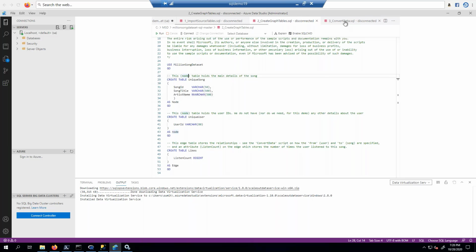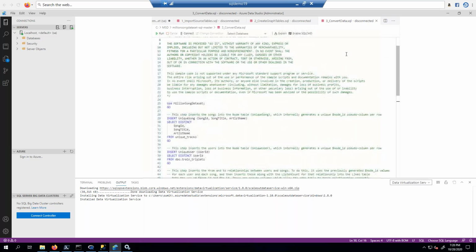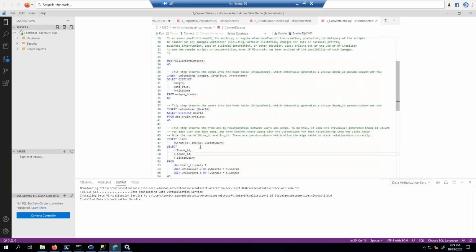So kind of going to the query, the query over here is that we're going to do an insert into the unique song and selecting. So this is what we're selecting from the raw tables. We created the raw tables. We're going to insert into these graph tables now. Insert into unique song, unique user, and insert into likes. Now notice over here that in the edge table, we have a property called from ID and to ID.